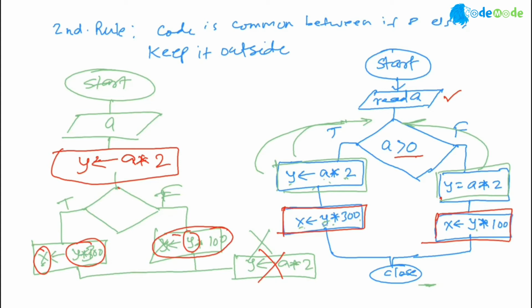And right now we are learning the second rule, which is when you see common code between if and else, take it out. Should you move it before the if or after it? It depends on the situation. Right now, we can move it outside this. In some cases, you can move it outside also. We can take that scenario.